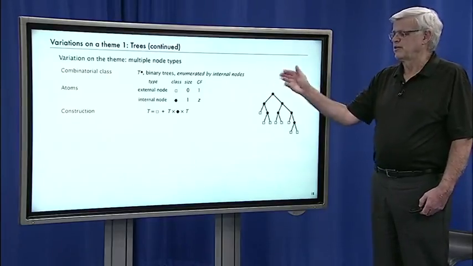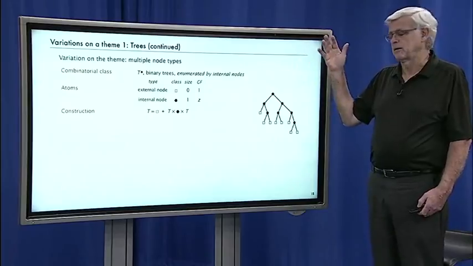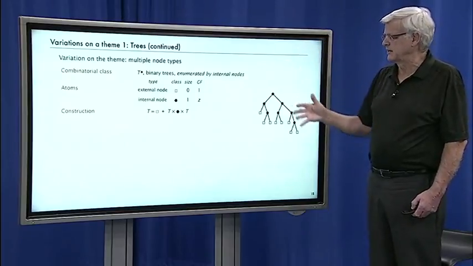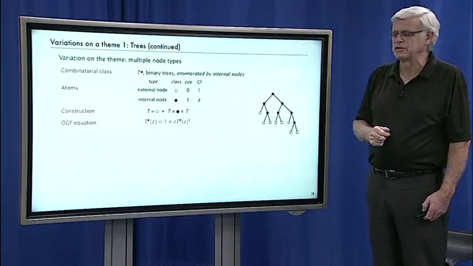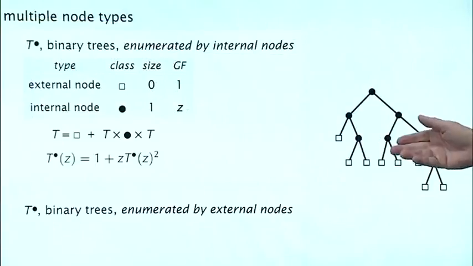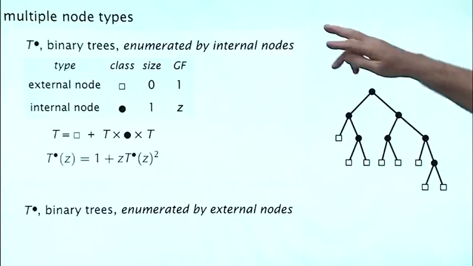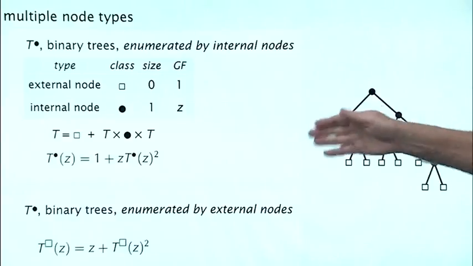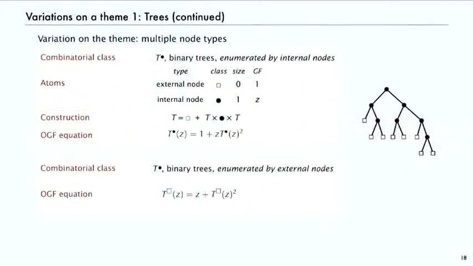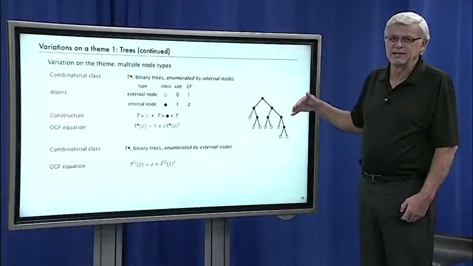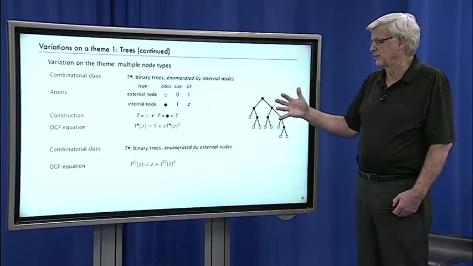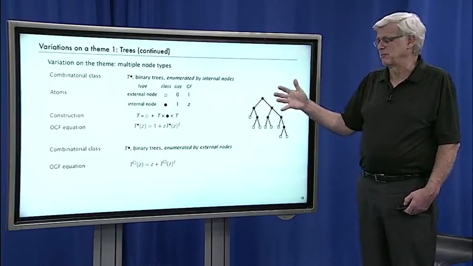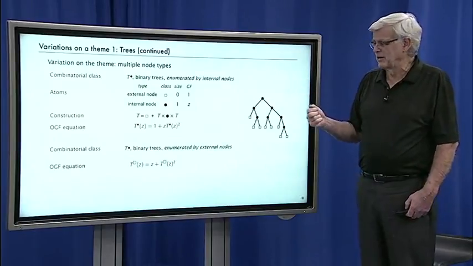With those definitions for what the atoms are, again from the basic transfer theorems, this immediately transfers to an OGF equation, T(z) = 1 + zT(z)^2. Or we could enumerate by external nodes and switch the sizes, and then in that case we get T(z) = z + T(z)^2. And it turns out that all of these generating functions are related, and related to the Catalan numbers. There are interesting things that we can learn combinatorially from this manipulation, but for the present, the point is that